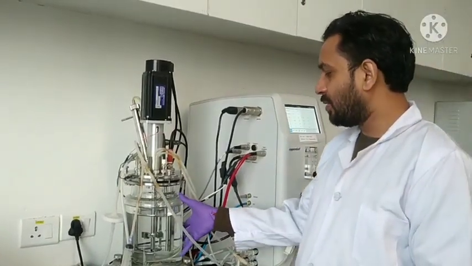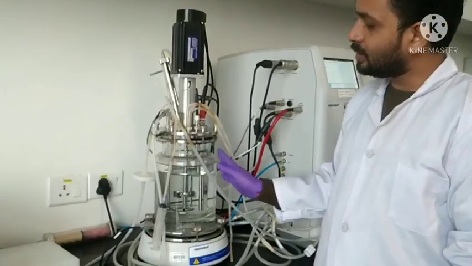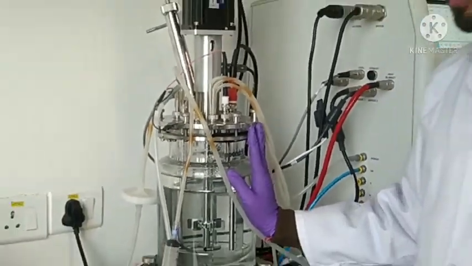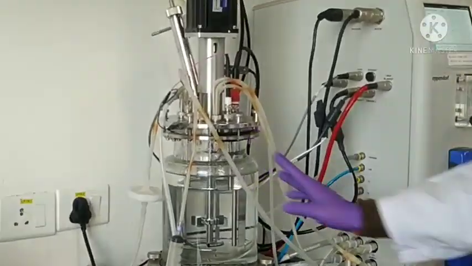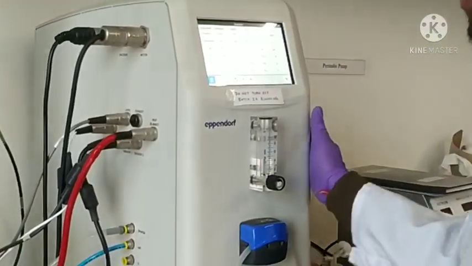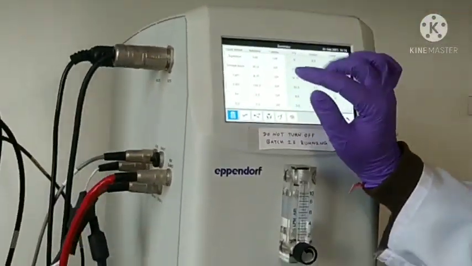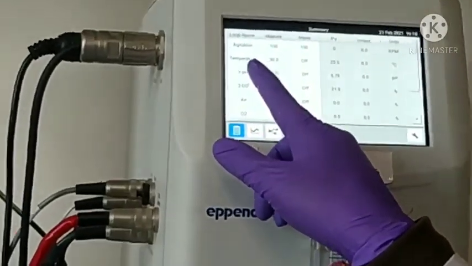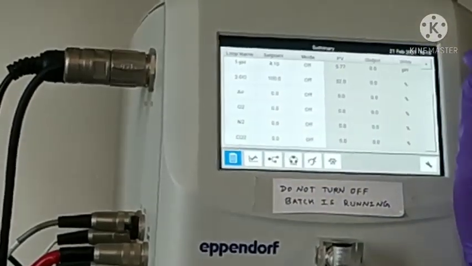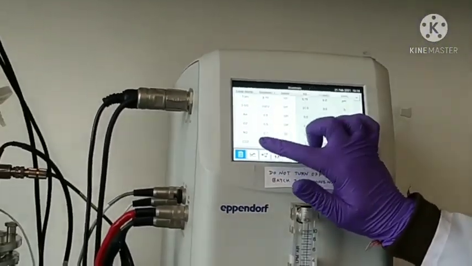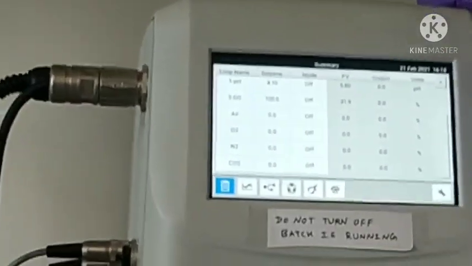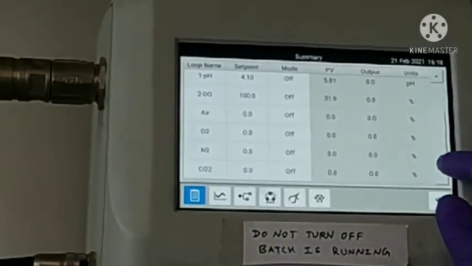This is the glass chamber of the bioreactor, the whole unit in which you do the culturing or microbial growth or product formation. It is attached with another unit which is known as the controller of the bioreactor. This is the whole control panel in which we can control the agitation, temperature, pH, DO, and the air or the supply of the gases. If you want to create anaerobic conditions, you can purge N2, CO2, or whatever other gas you want to give. So these are the different parameters you can use.